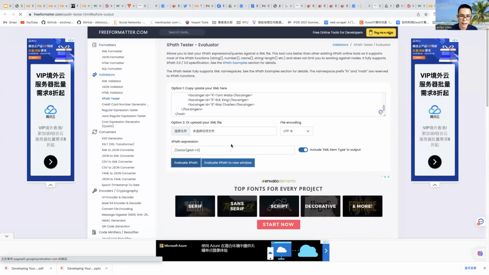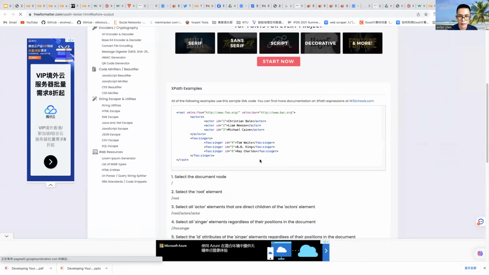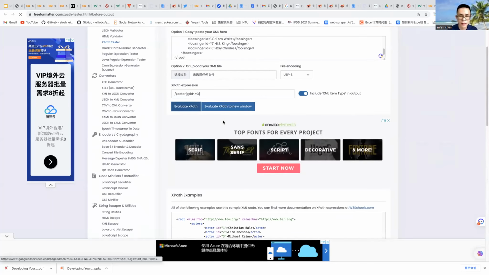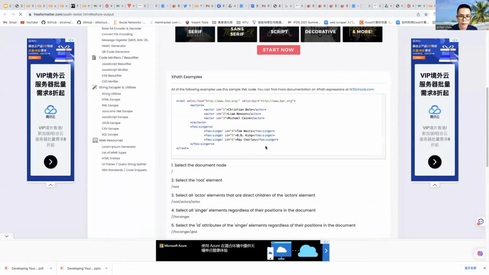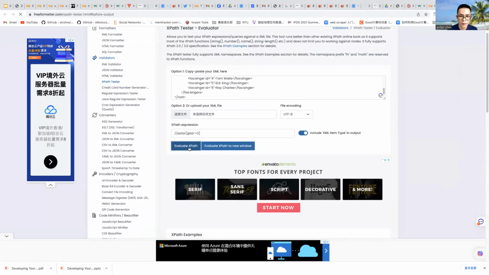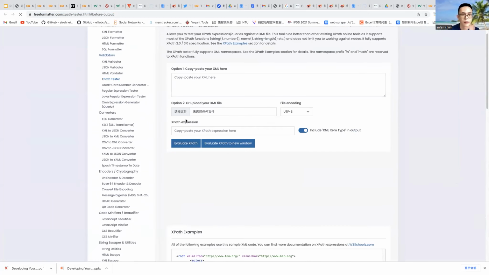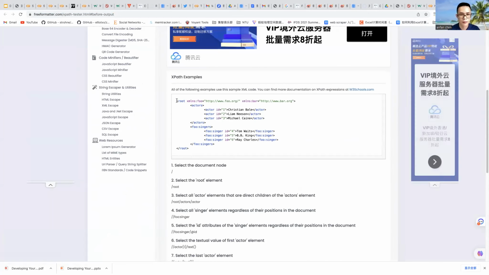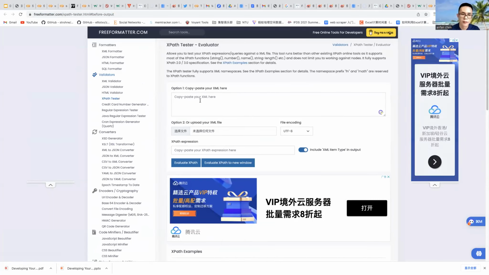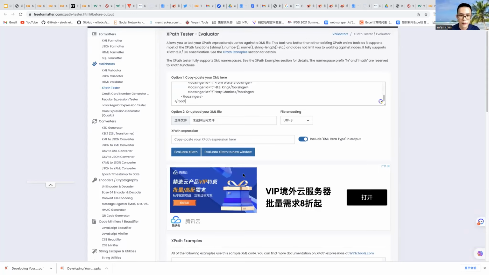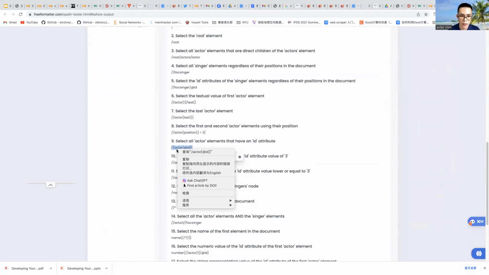And using the XPath expression, you will get the... what's wrong? I got this one.